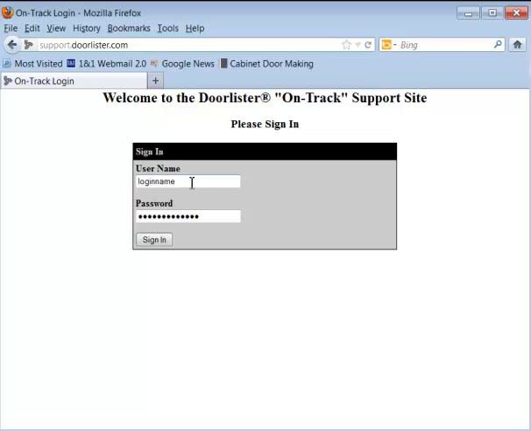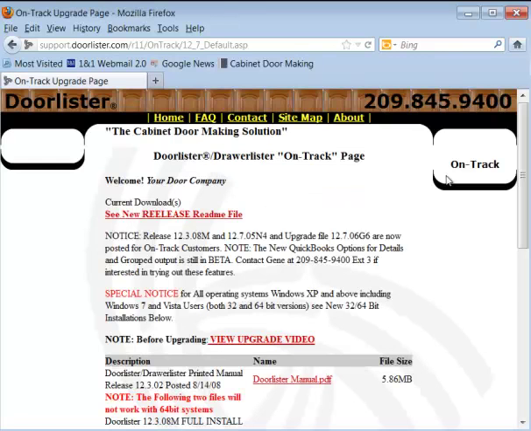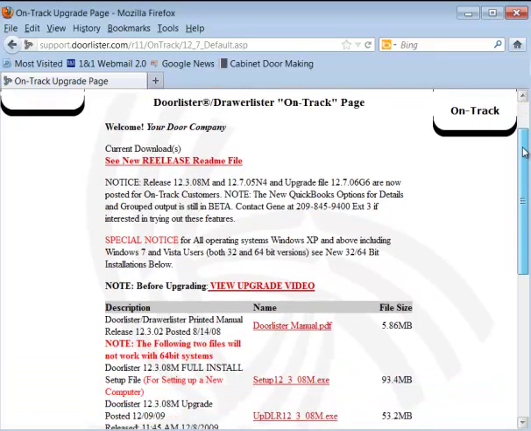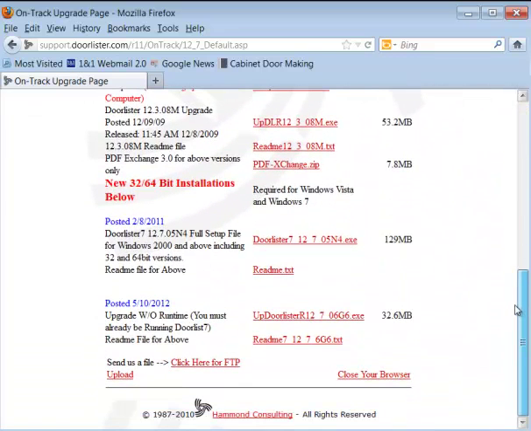Once you're there, you'll want to type in your login name and your password and click on sign in. At this point, you should see your list of files, and the upgrade file for the latest release is almost always going to be the last exe file on the page. There's also a full setup file in case you need to set up a new computer, but this is usually a couple increments behind the upgrade file. So we'll want to click on the upgrade file,